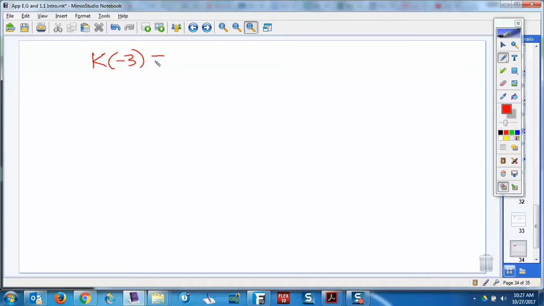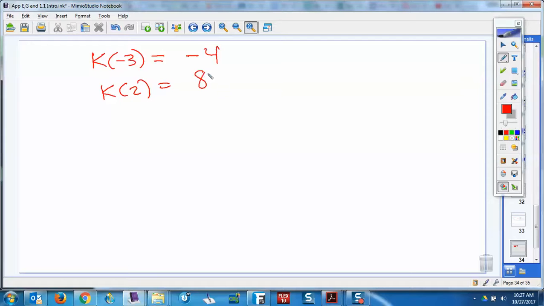Now, I hope this would be a very easy question. Some people struggle. If people struggle on the first quizzes, sometimes they try to make things too hard, right? We're just trying to understand function notation, right? And so if I give you this and I say, what's K of -3, what are you going to say? You're going to say -4, right? And if I say, what's K of 2, you're going to say,